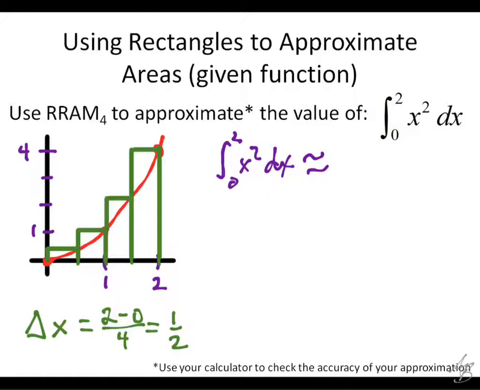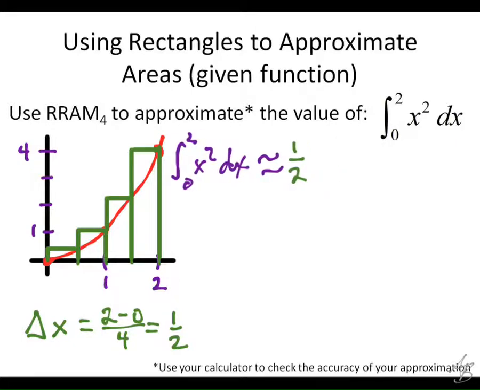And this integral is going to be approximated by the areas of these rectangles. So for each one of these rectangles, I'm going to take what times what? 1/2, which is delta x, times the height, right? So since I'm going to take 1/2 times each of the heights, I'm going to factor that 1/2 out from the very beginning. So I'm going to have 1/2 times,